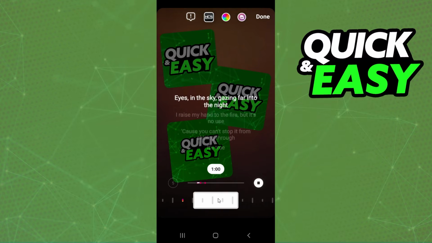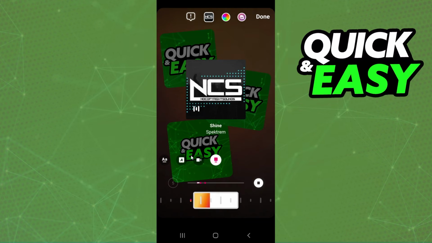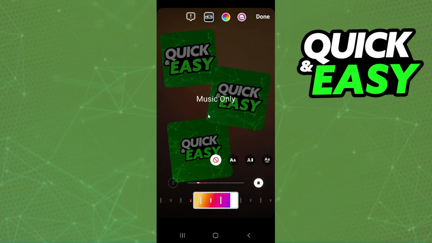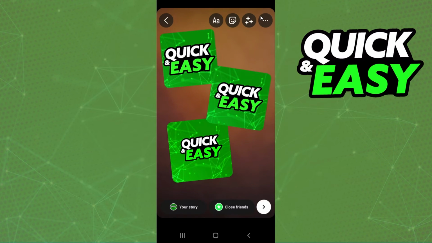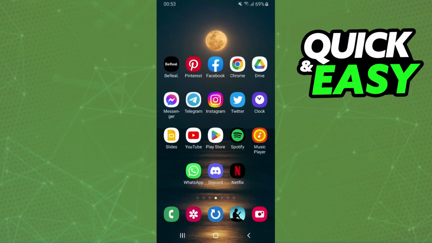Here you can also select the time of the music that you want to use. You can also change the clip duration, put lyrics if you want, put nothing if you want to, and you have several options right here. I will put just music, click on done. Then you can share your story. To do this, click right here and share your story, and that's it to make an Instagram story with multiple pictures and